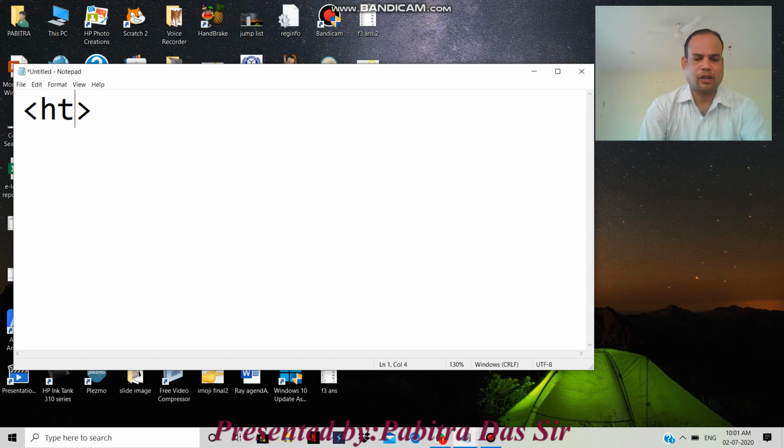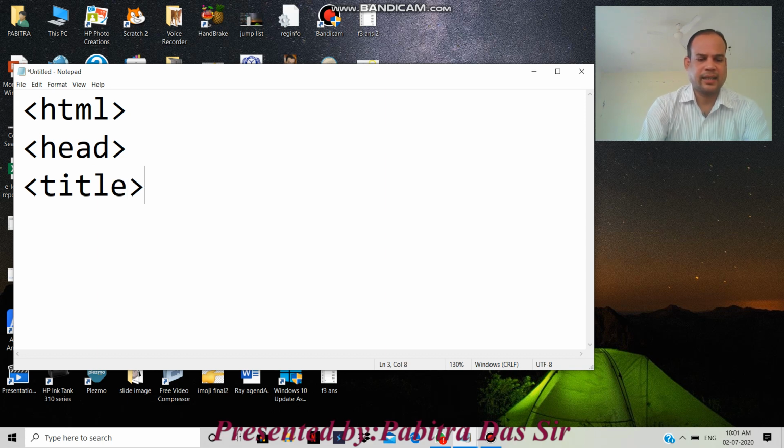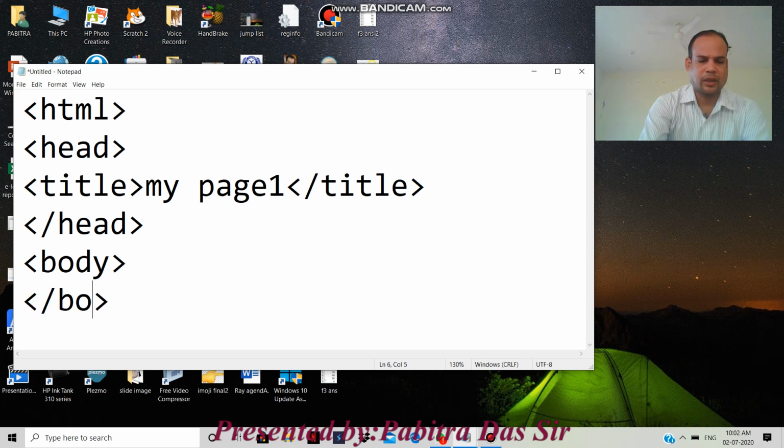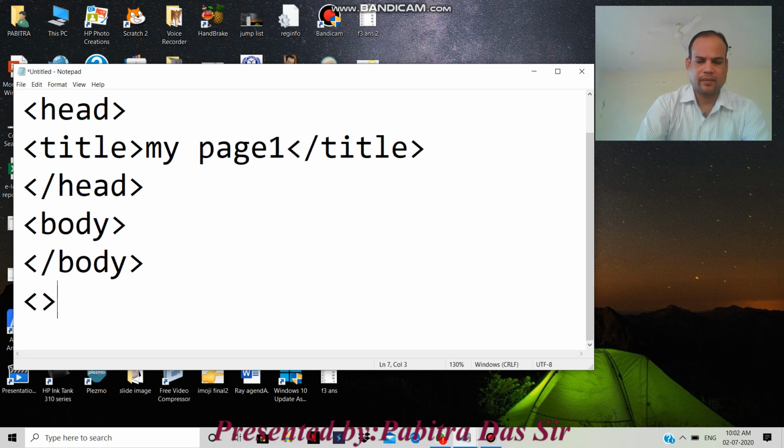First type the HTML structure like this: html, head, title, text here, my page 1, close title, then close head, then body, then close body, then close html.